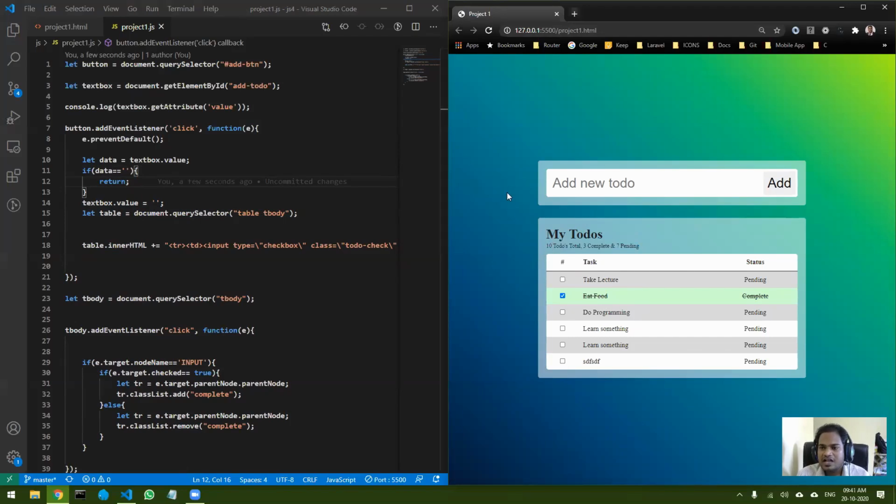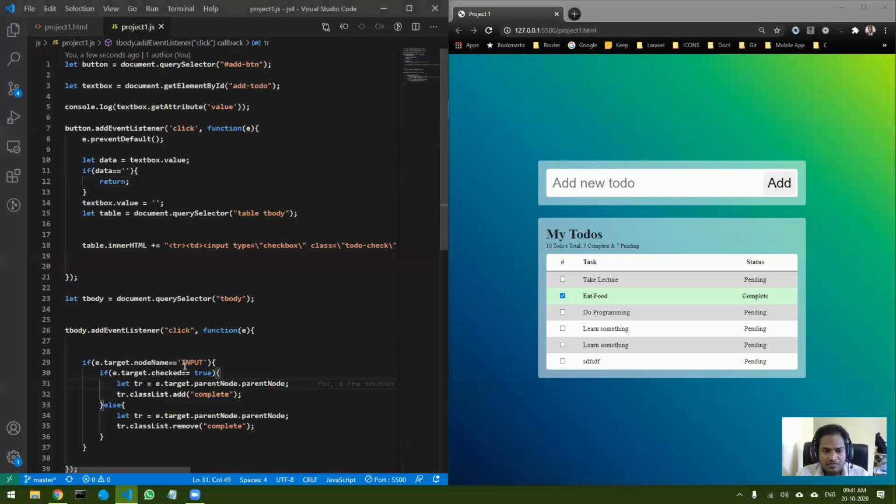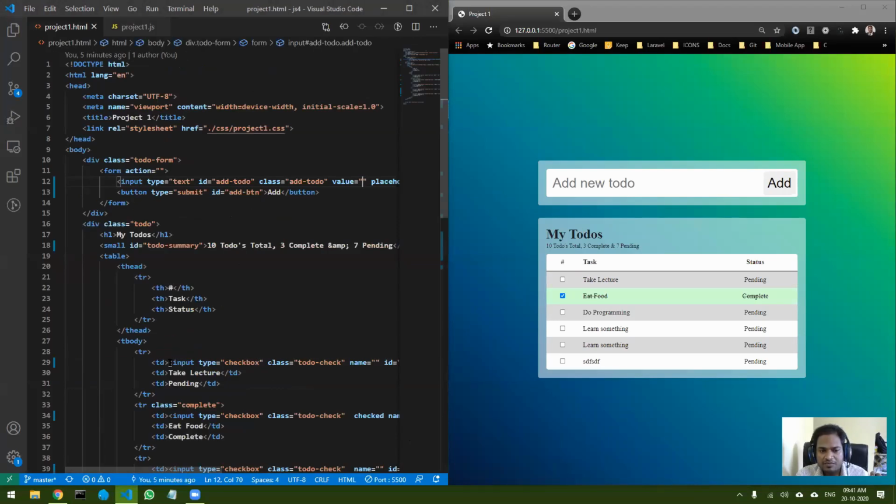Okay, so any doubts still here? Okay, so in the event listener, we selected TR by adding parentNode to e twice. Is that still correct? Yes, it is still correct, because you are targeting this input element only, right? So you are running this code only for the input element, and let's see where is the input element. So input element is over here, right? So what is the parent of the input element? TD. And who is the parent of TD? TR. So I'm going 2 steps back.